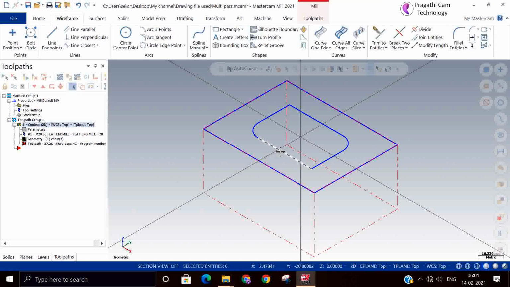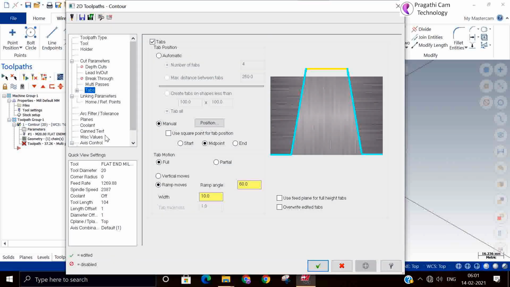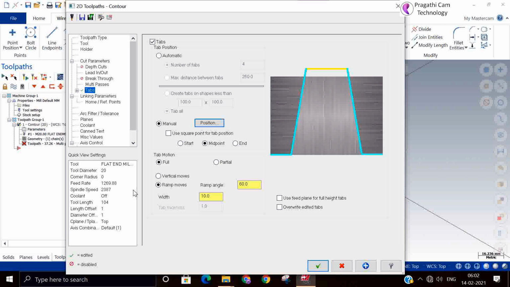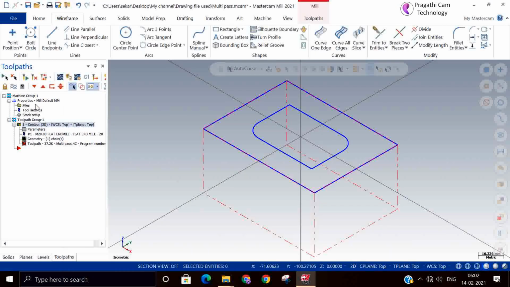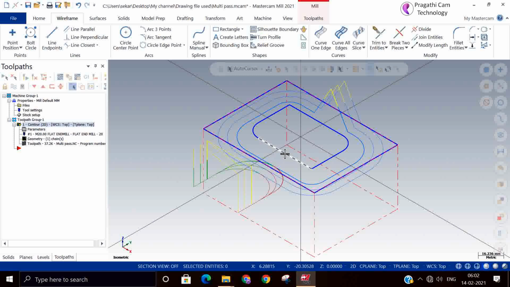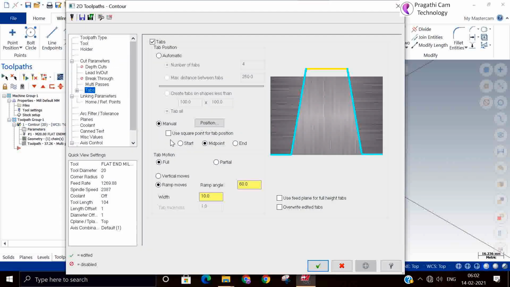It's not accepted. I think something is going wrong, because I tried to keep the tab at the entering point.